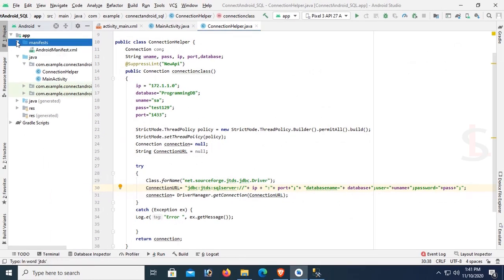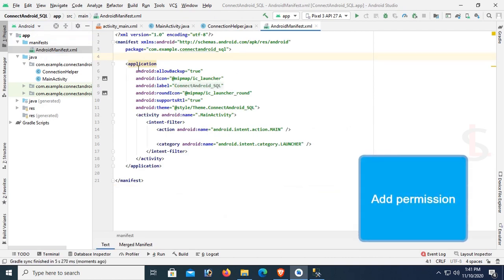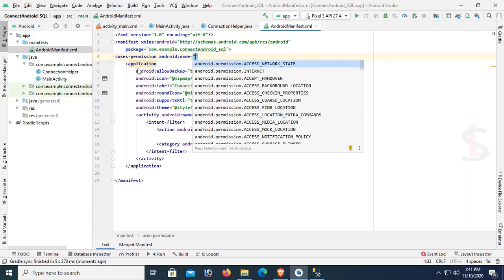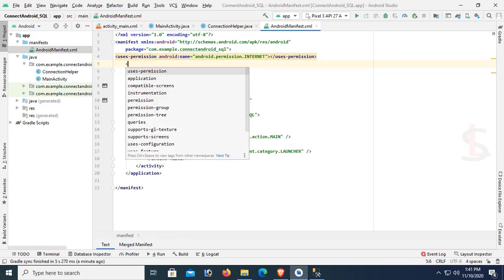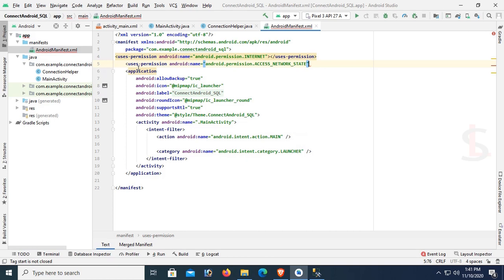Now open the AndroidManifest.xml. Here you should add permissions. Uses-permission, android:name is android.permission.INTERNET, and the second one, uses-permission, android:name, ACCESS_NETWORK_STATE. The permission is android.permission.ACCESS_NETWORK_STATE. Okay, now